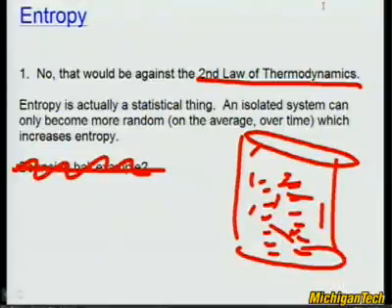Now, what does that mean? So every place a penny could be can be considered a state. And you consider that all the states where they're all stacked up are rare compared to the number of states where pennies are in every which direction. So the pennies in every which direction can be considered to have higher entropy than all the pennies stacked up. Still, any one configuration where the pennies are in every direction is just as likely as any one state where the pennies are all stacked up.